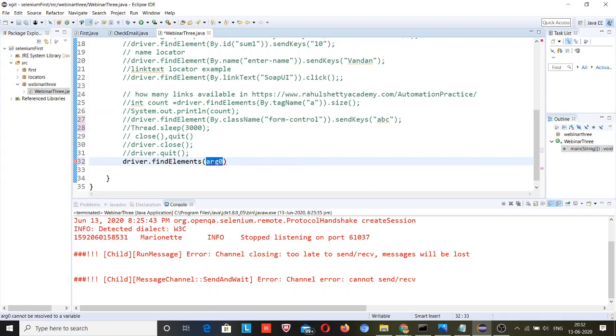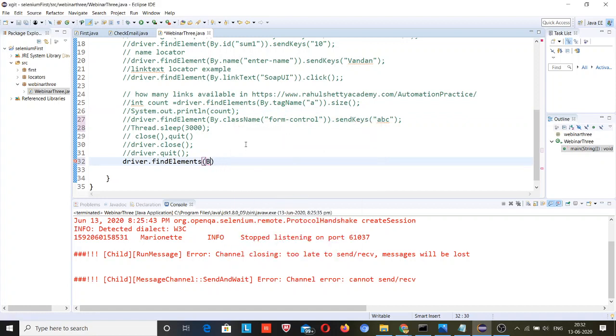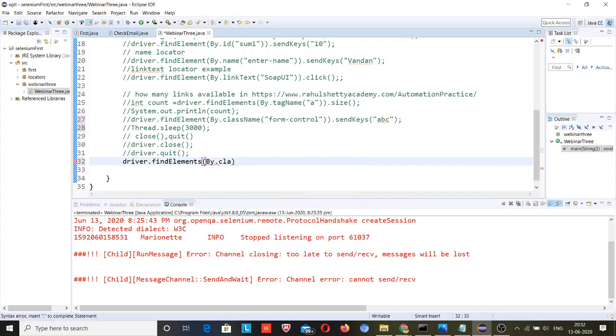But as of now, just for understanding purposes, By class name, and class name is a private find, dot size.